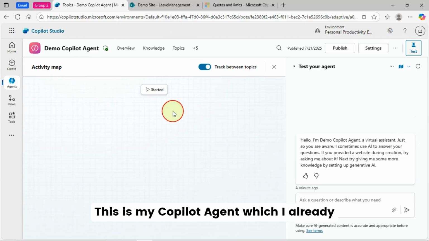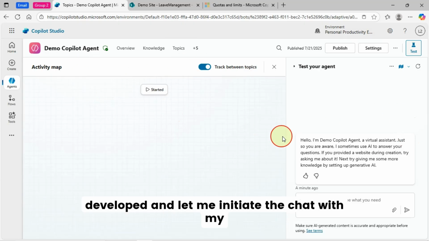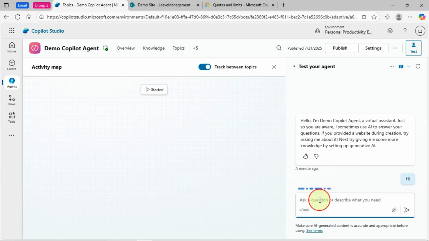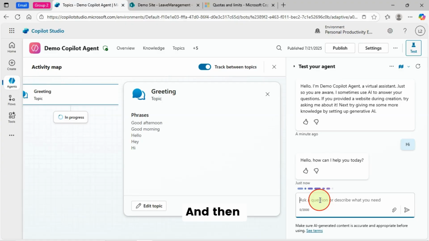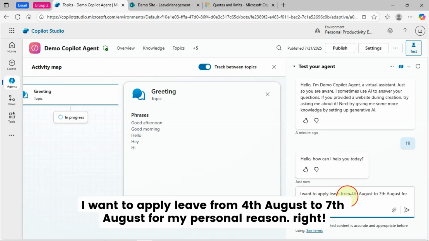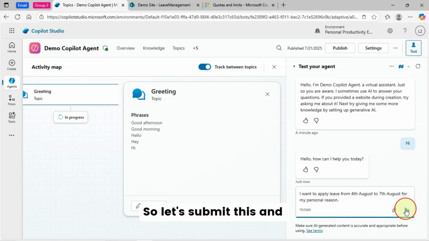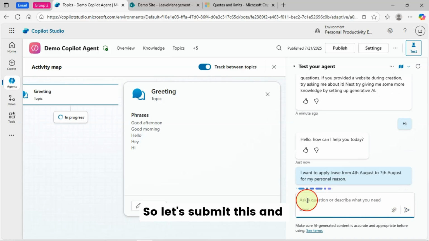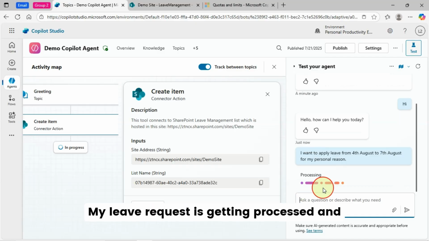This is my Copilot agent, which I already developed, and let me initiate the chat with my agent. And then I am passing a sample leave request to my agent. I want to apply leave from August 4th to August 7th for my personal reason, right? So let's submit this and my leave request is getting processed, and